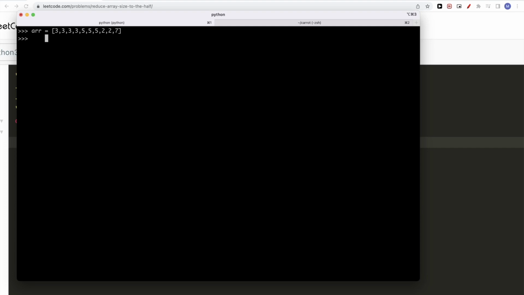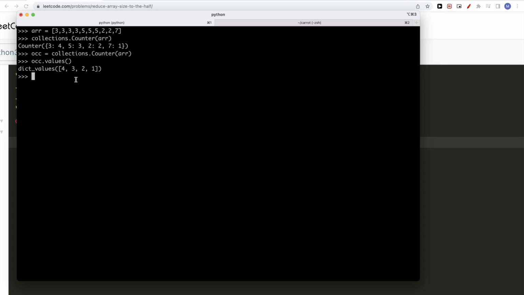So if we do the counter for it, we have 3 occurs 4 times, 5 3 times, 2. And then we want to get the values in sorted order. So we want to get 4, 3, 2, and 1. So what do we need to do? Well, let's just first make this assigned to this. What values will give us what we want, which is the values here. Okay, and